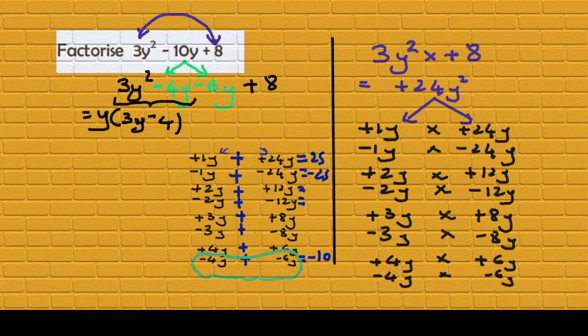Then minus 6y plus 8. What's common? Both 6 and 8 appear in the 2 times table. Minus 2 is common. From where did that minus come? This minus 6 is where the minus comes from. So 6 and 8, 2